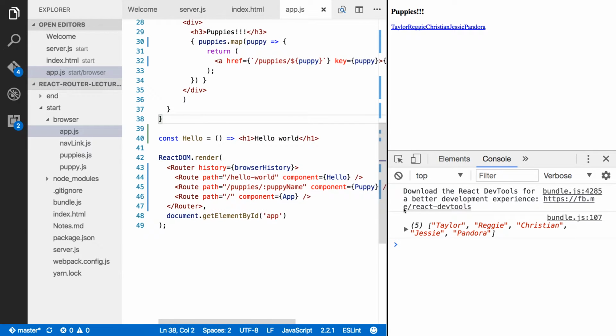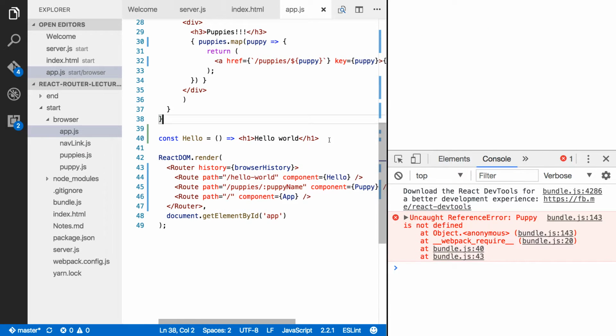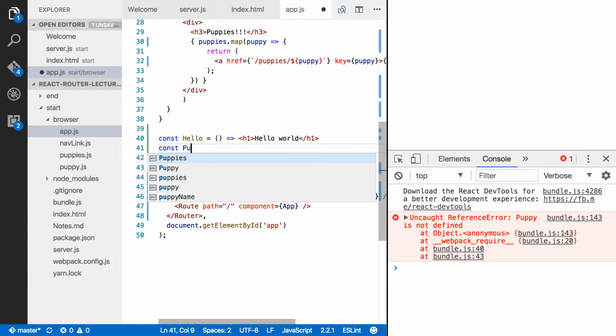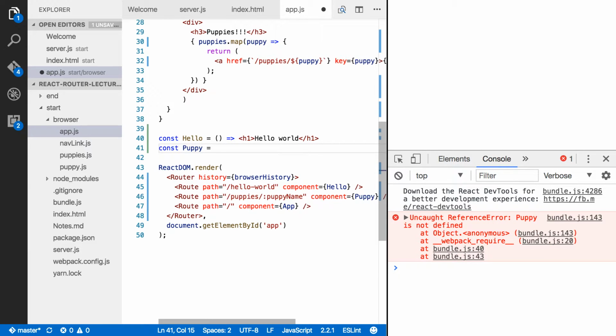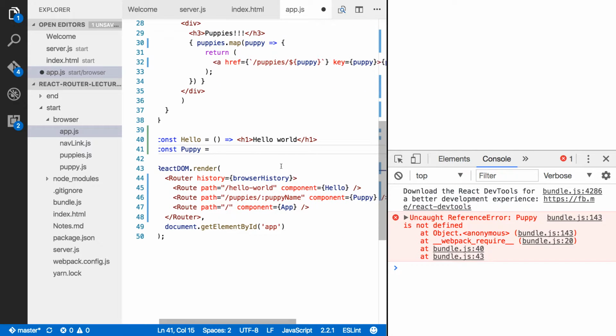So I think what should probably happen here is everything should be crashing because puppy doesn't exist. Yep, puppy is not defined. So let's just define it really dumbly here. And it's going to take, does it take anything? Oh, it does take some stuff, but we don't know what it is yet. So it takes some props and then goes to,